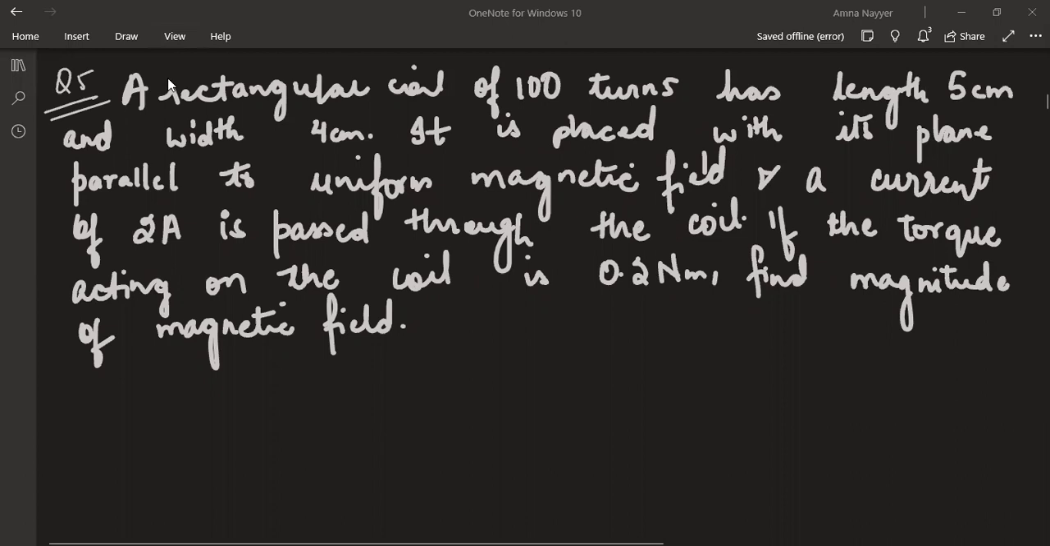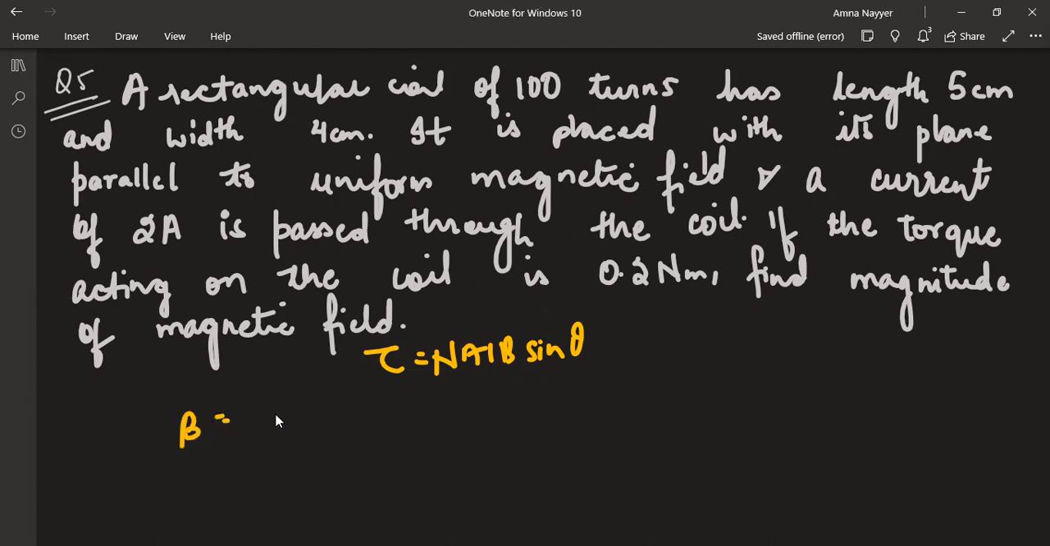Yes, only Khalid has answered correctly. See, torque's formula is what? Torque is NAIB sine theta, class. Okay, Sarah is also correct. Good, Sarah. So magnetic field we have to find out. Magnetic field will be torque divided by NAIB, because sine 90 is